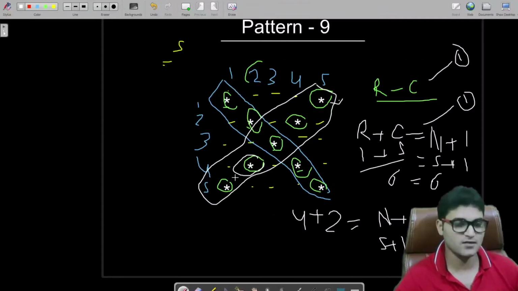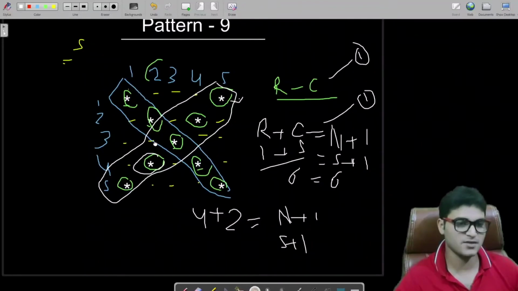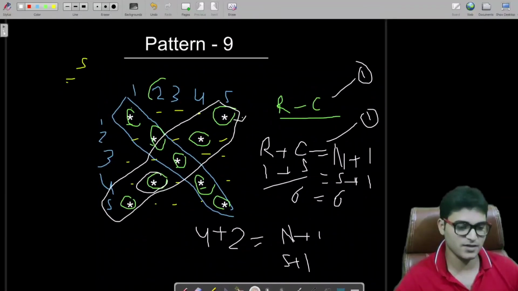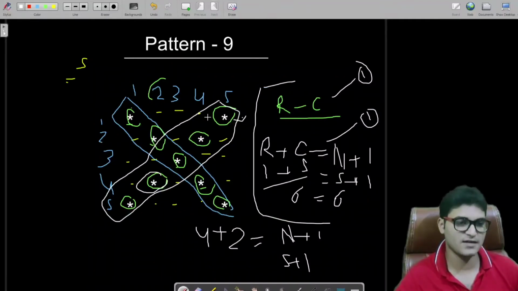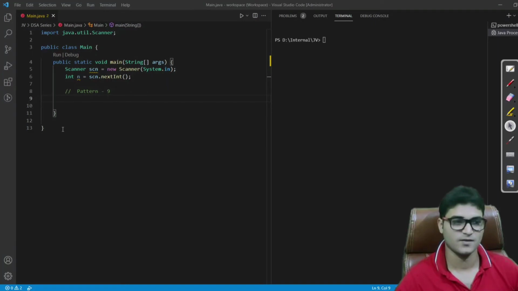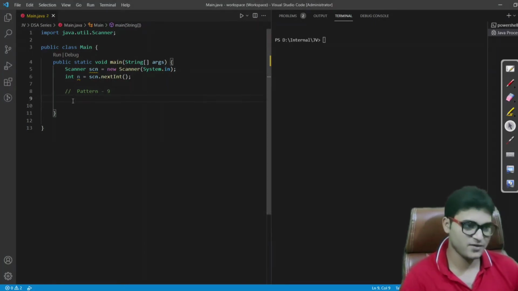If you find this confusing, then I would say you must repeat this video, because it's a very simple logic actually. I have already explained it in the easiest way. We can solve this pattern by using the number of stars and the number of spaces also, but this approach is much better than the previous one, because I have already told you that that approach can work in 90% of the patterns but not in 100%. So here we will use this approach. Fine. So we are done with the philosophy and we have to code it now.